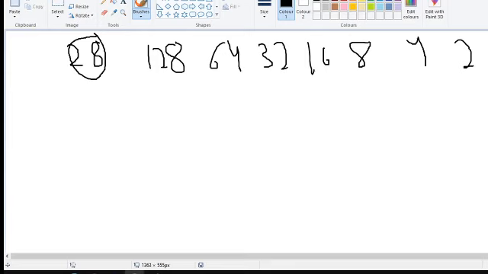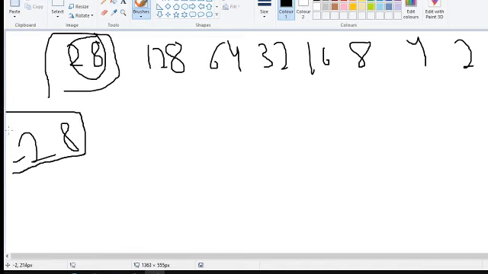2's complement binary. So basically we have the number 28. The number 28 is the denary version of the number, the positive number. What we're looking for is to change that into minus 28. So if we were to do that, say this is binary, so that's 128, 64, 32, 16, 8, 4, 2